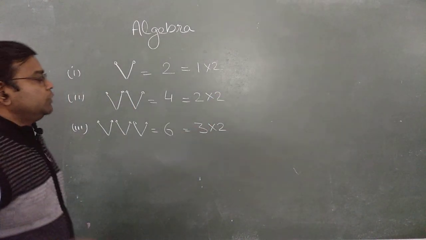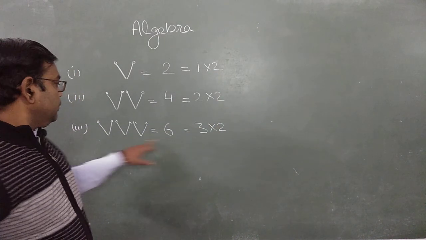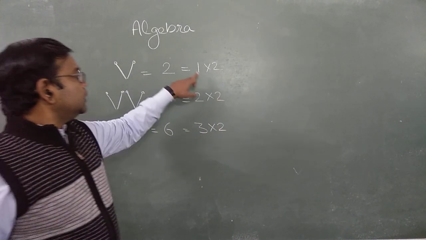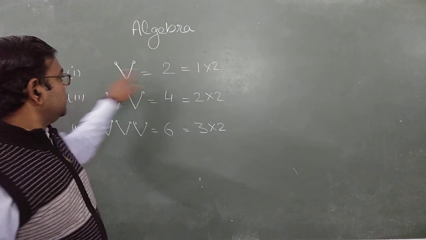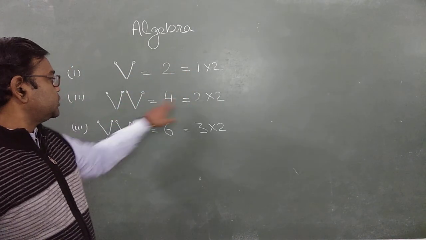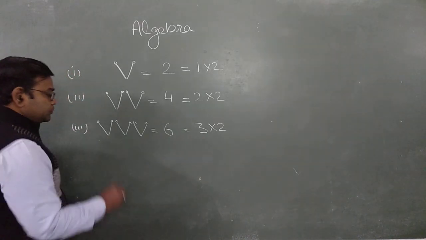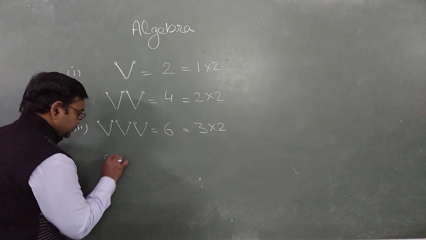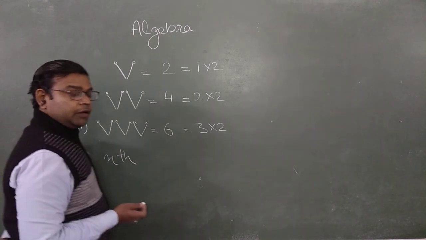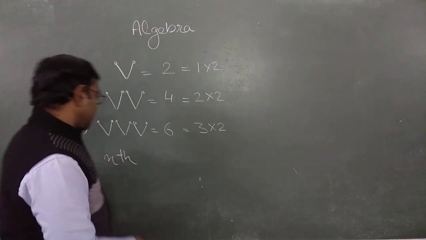What are we observing? This 2 is always constant in every pattern, no? But the number of the figure is changing. There is 1 V, so 1; 2 V's, 2; 3 V's, 3. So for the nth figure, I am using the variable. In place of n you can use x, you can use a. Nth figure,